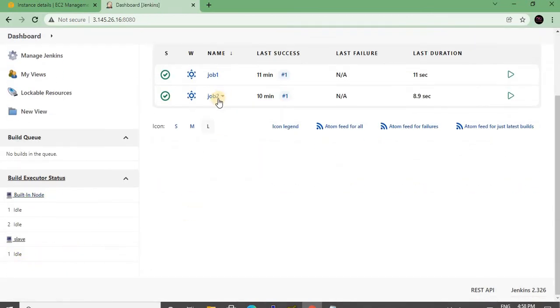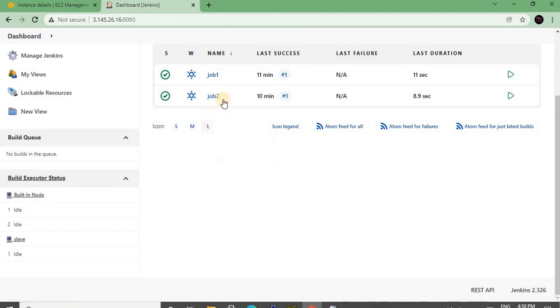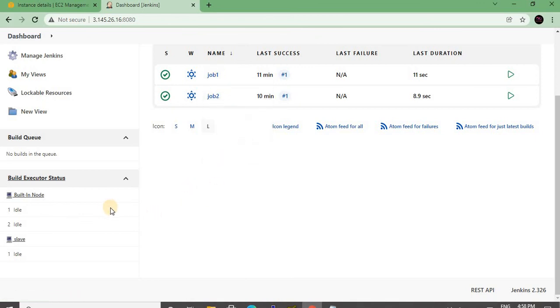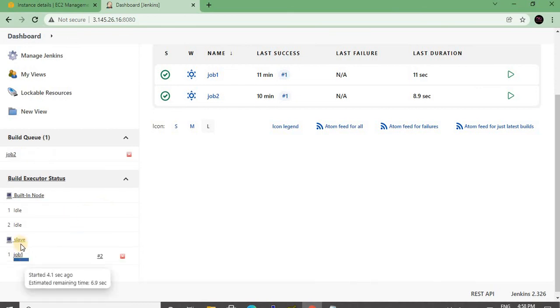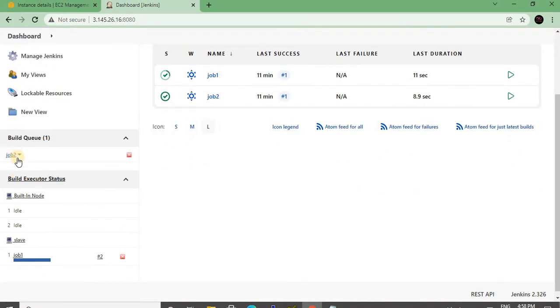Now we have two nodes. You have to understand one point. Ideally, with the configuration we did, this should be executed on slave. But what I am trying to do is build these two parallelly. See, job 1 is executing on slave, and this one is in queue.